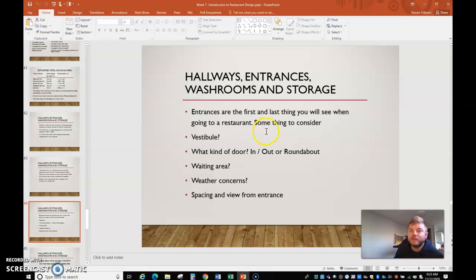Entrances. So the entrance to the restaurant and the waiting area is actually really important as well. It's often where people have to wait the longest for their table and they can get angry. So if you can provide something that is comfortable or has something really nice to look at or a nice ambiance, that'll help you. Another big thing is also we live in Canada and we have 4 seasons and 2,